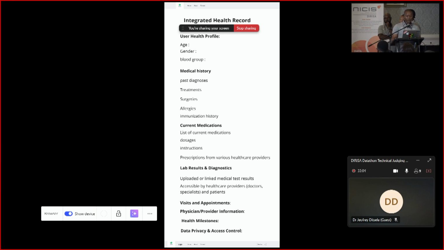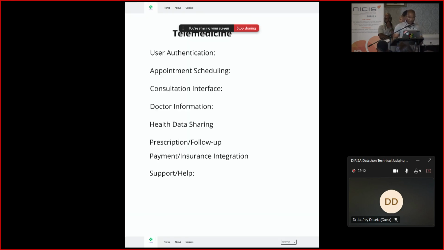Especially when you did a blood test, you're able to get the result via this app. And then telemedicine is where you can see appointment scheduling, a consultation interface, doctor information, health data sharing, and other things.